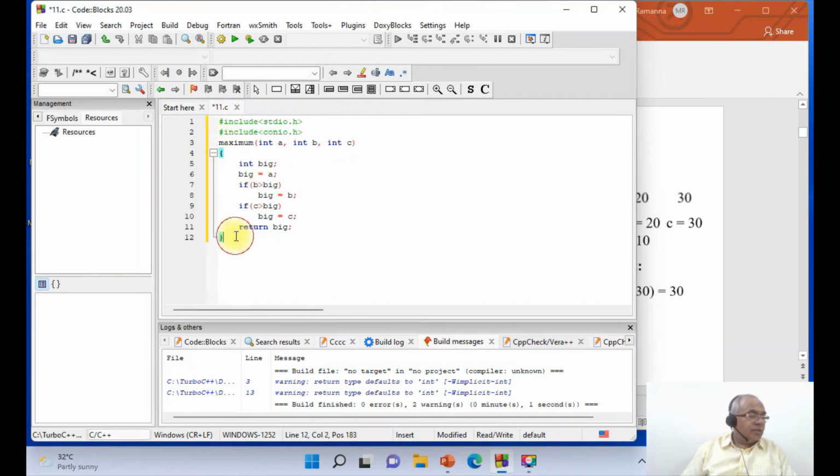Then we come to the main program. What is the main program? I will say main. Then we have int a, b, c, big. Then we have printf,